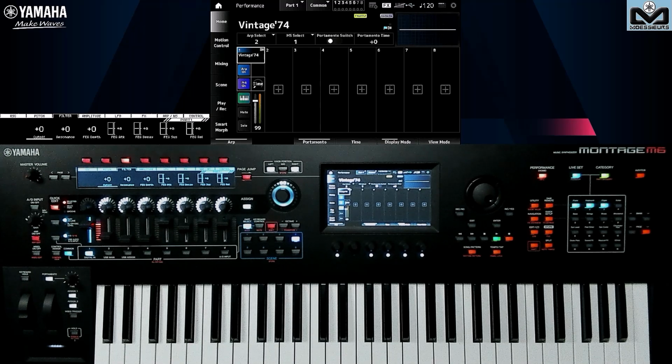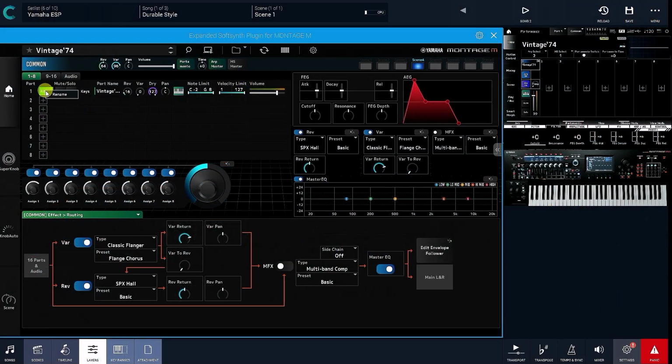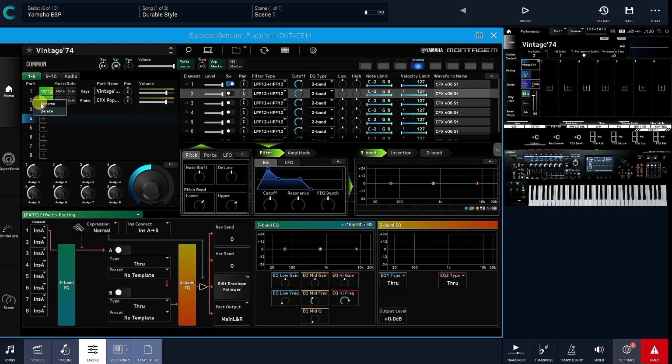I'm not going into all the screens here, but we don't have copy, paste, exchange functions for arpeggios or for waveforms. For all of that in ESP you have to search through category search. That's the kind of thing we can't do. As I explained to you, we have delete or rename functions on parts. Part 1 cannot be deleted, but if I had a part 2, the first one that comes, and I put it here, you see that we simply have rename or delete accessible here.